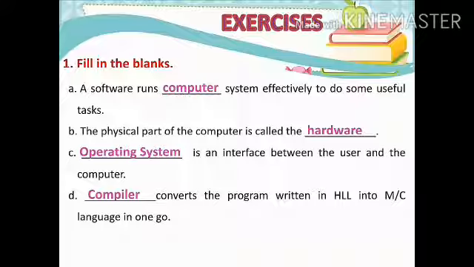Compiler converts the program written in high level language into machine language in one go. The next question is, MS Word is a dash software. Which type of software? Yes, it is an application software. MS Word is an application software.